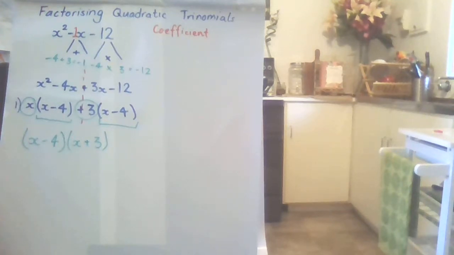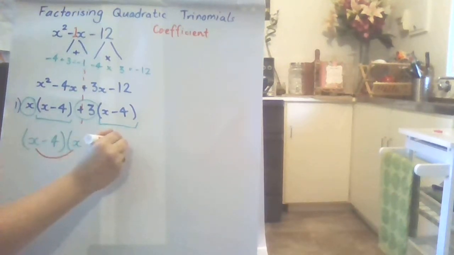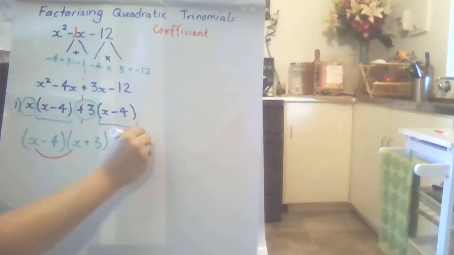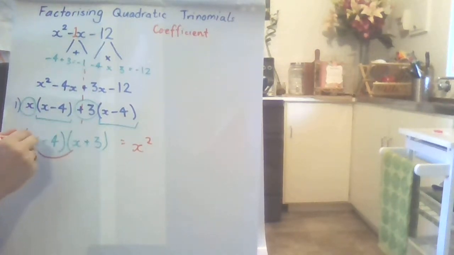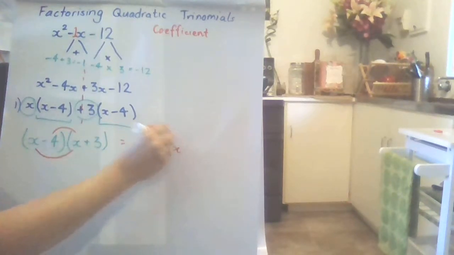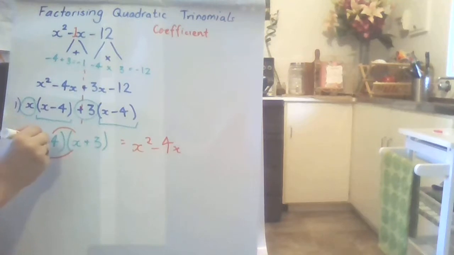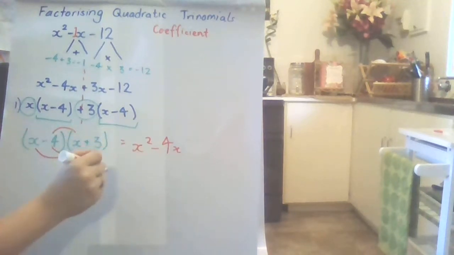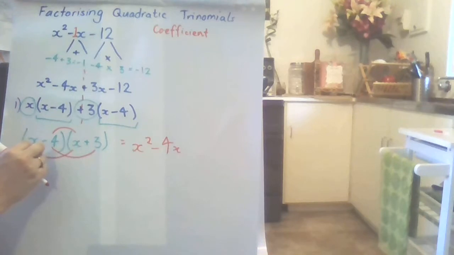Now, it's important that you check that this does equal that. So let's multiply it out, because quite often you can go wrong in the factoring, and that can really mess up the whole thing. So x squared, my red lines indicate where I'm multiplying. Take 4x, x squared take 4x